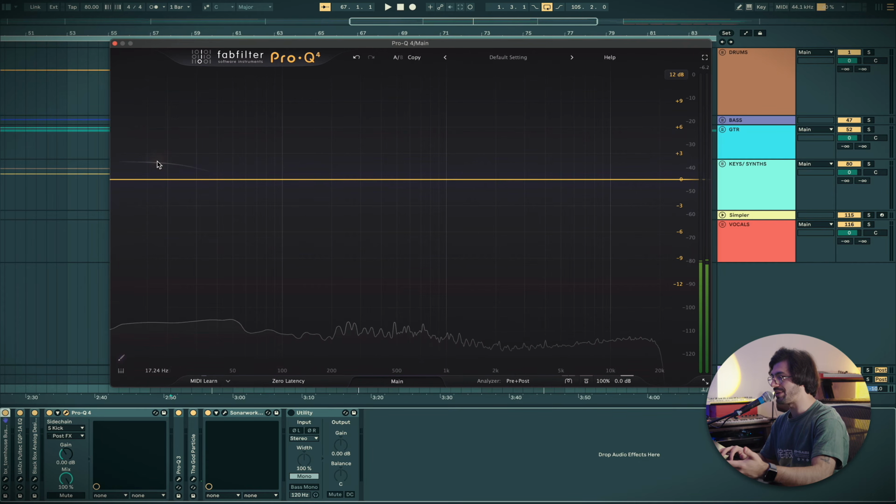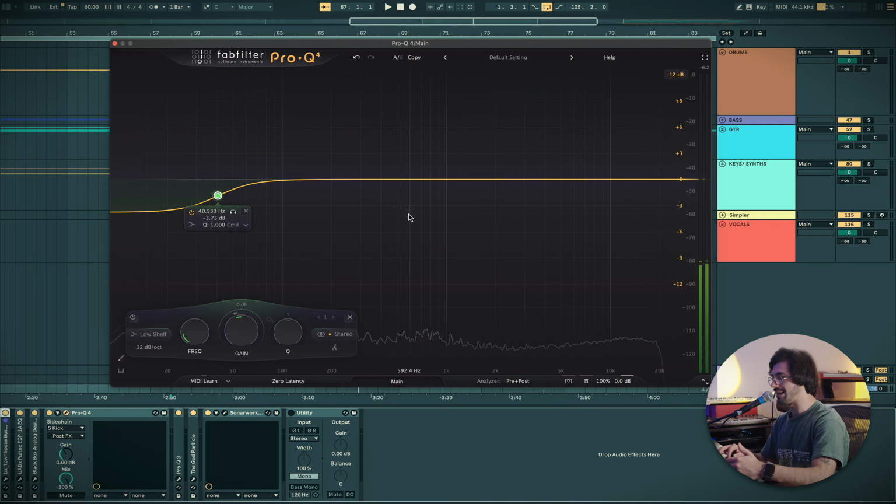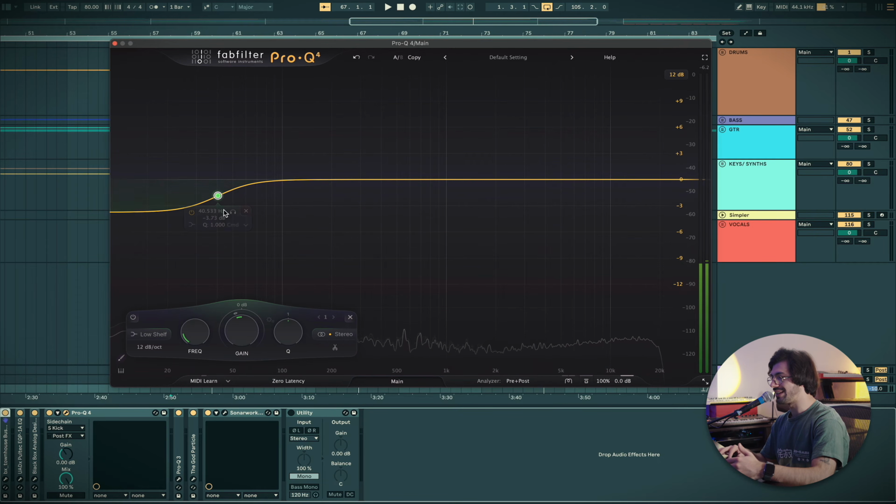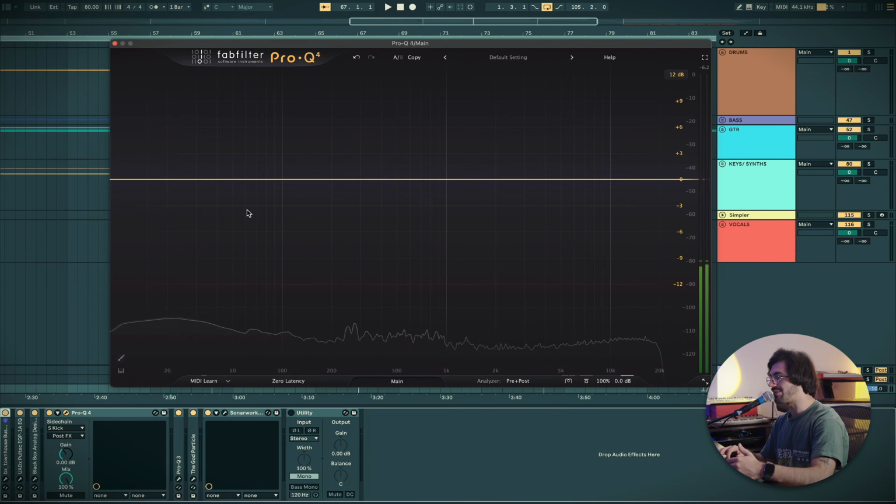Just as I'm moving my mouse around, you can see there's like the highlight, or almost a ghosting effect of different EQ shapes going on, whether it's a bell or a shelf. Basically, this allows me to quickly, if I double tap, just add a little bell or shelf. Again, one of my favorite features are all these little shortcuts they've added that just make it really quick and